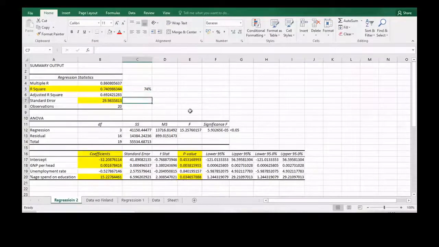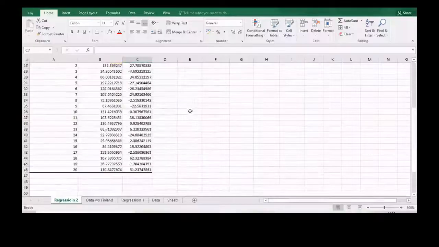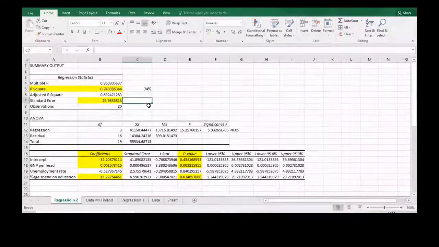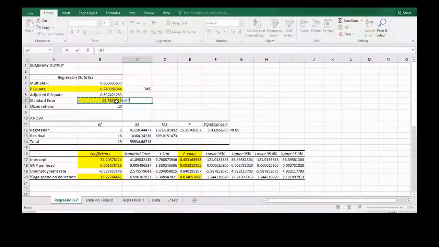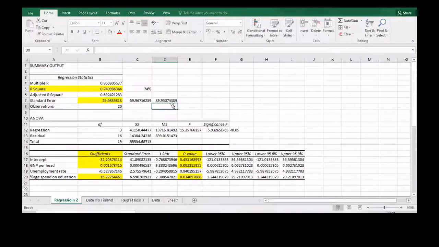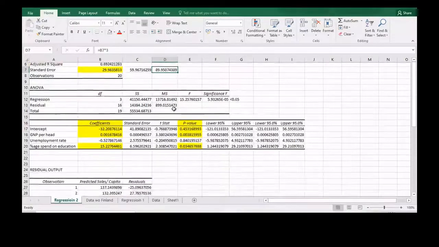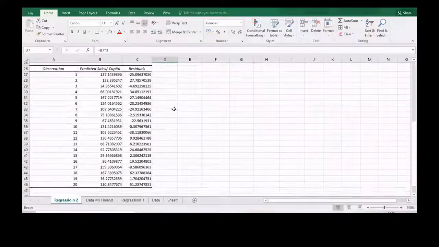But before we move ahead, just check the residuals. But before that, we need to have a reference range. So just multiply standard error by 2 and standard error by 3. So we have a boundary of 89.95. If any value is greater than this 89.95, we'll consider it as an outlier.